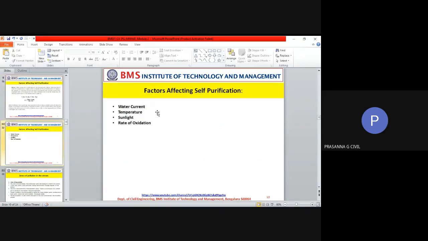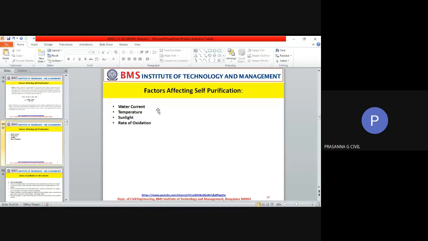Here we will look at water current. Everybody knows what currents are. They are certain movements within the water which will allow for dispersing of the wastewater. Currents are usually seen in fast flowing streams, rivers, etc. Small currents will exist in lakes because when wind blows on the surface, you generate a small wave, and the wave carries over and currents can develop. Undercurrents are also there and surface currents are also there.